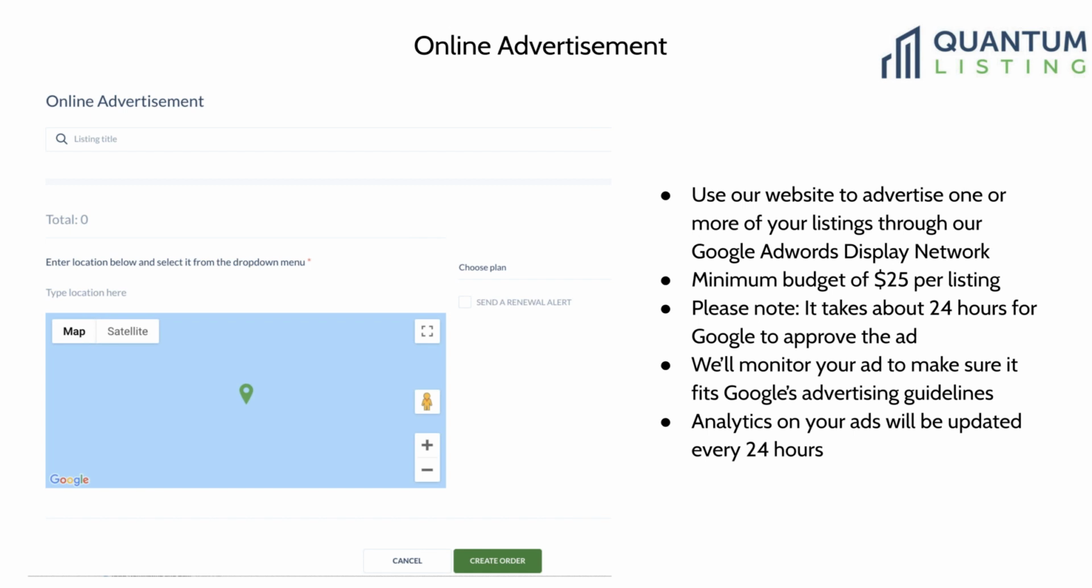Do note that when you do sign up for these types of ads, it takes about 24 hours for Google to approve the ad. They do occasionally reject ads, and those are the ones that